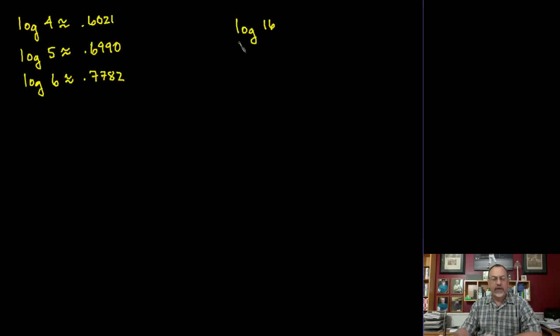So one more example here, we have log of 16. I need to change 16 into a combination of these values here. Well, 16 is the same as 4 times 4, or 4 squared. So I can rewrite 16 then as 4 squared, and now I can use the power property of logarithms, which means 2 times the log of 4. And now I know what the log of 4 is, so it's going to be 2 times